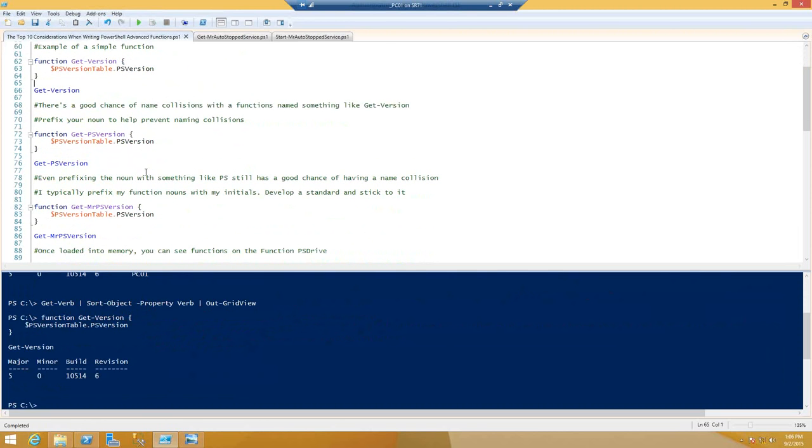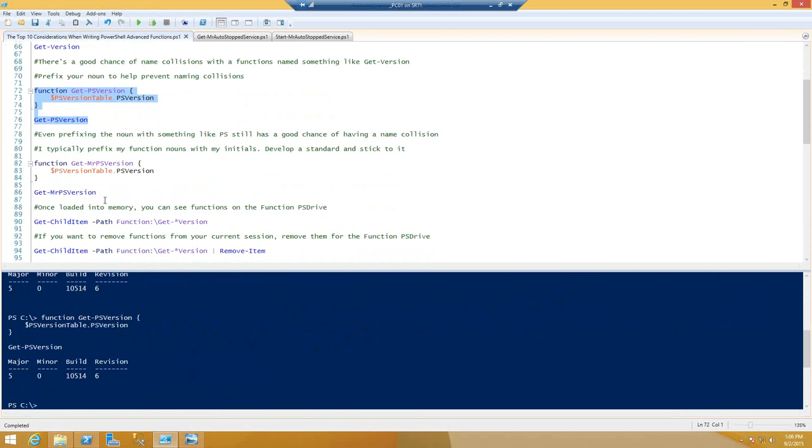And what I told them is prefix your nouns. So you could call it Get-PSVersion. But there's a pretty good chance that even with Get-PSVersion, there's going to be a naming conflict at some point. So what I'll typically do, I'm sure you've probably worked with some other commandlets, maybe the Active Directory commandlets